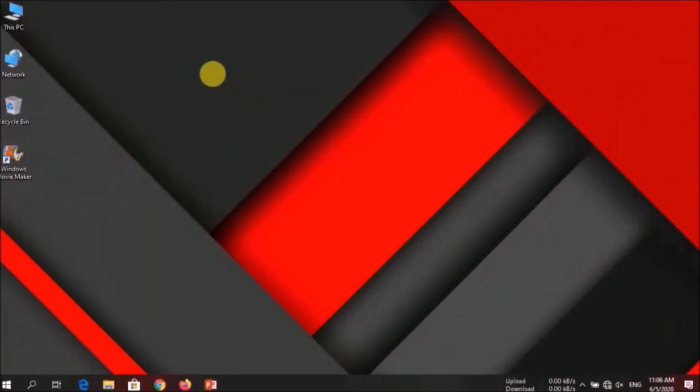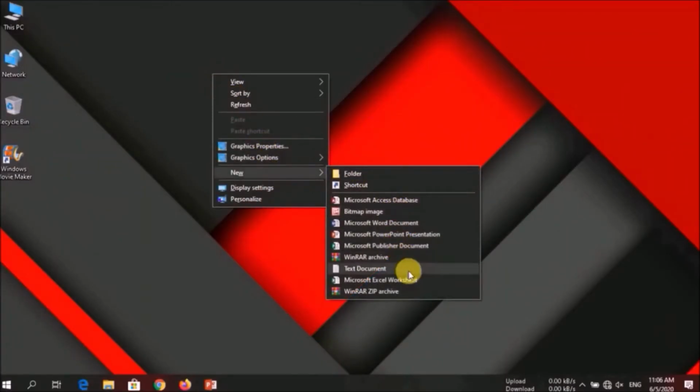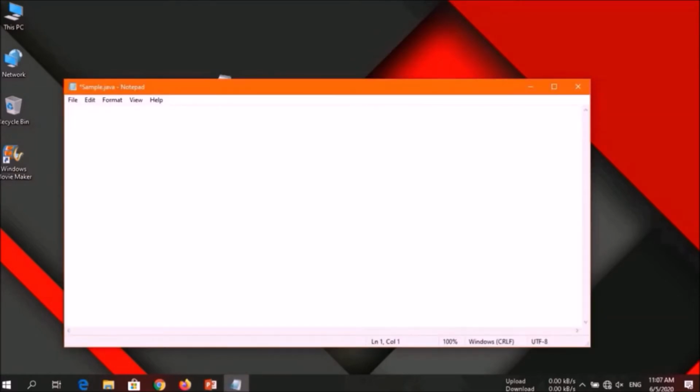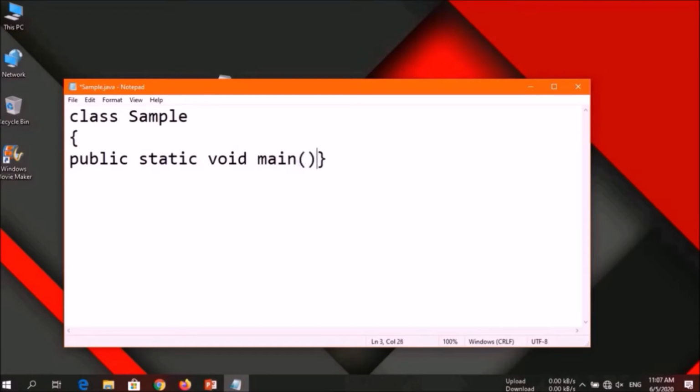For that we have to create a text document, give the name as sample.java. Now let's edit it. First give the class name as sample, enter, public static void main.